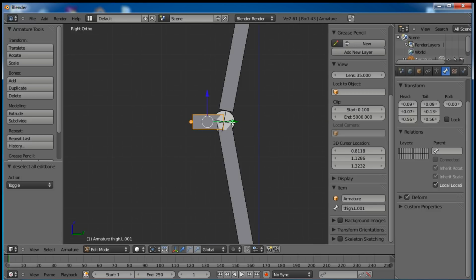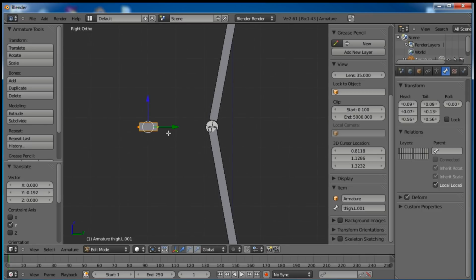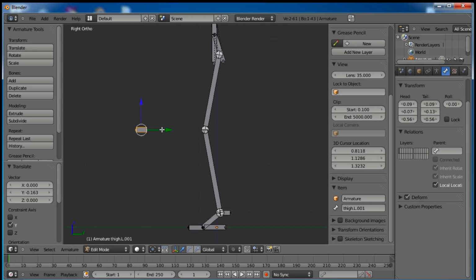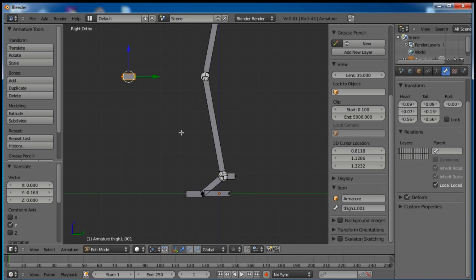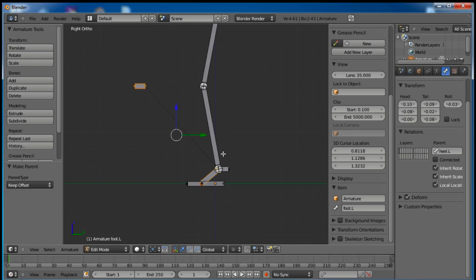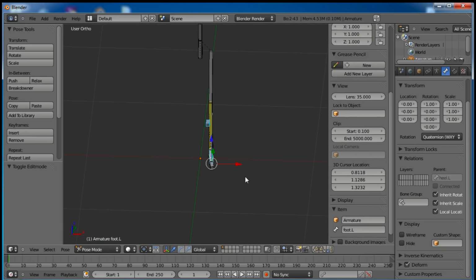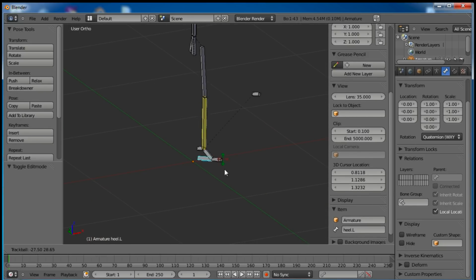Okay, it shouldn't be connected anymore. There we go. Okay. Just drag it out quite a bit, about like so, and we're going to parent it to the top of the foot bone. So just shift select that, Control P, keep the offset. And now tab back into pose mode. You can see that we rotate the foot around,